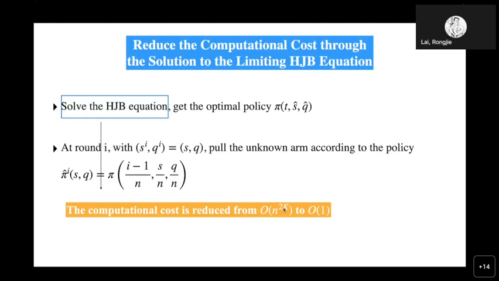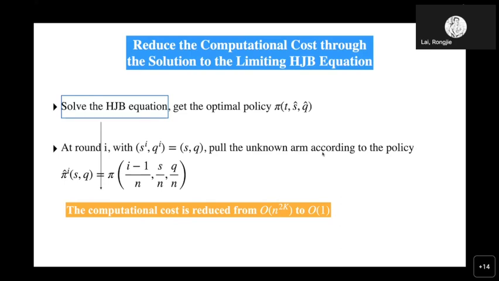So you still have some kind of exponential dependence in terms of K, if you want to numerically solve HJB, is that what you mean? Yes, correct. Here I say order 1 is just saying it's independent of n. Because for time, you just multiply by n when you do the PDE.